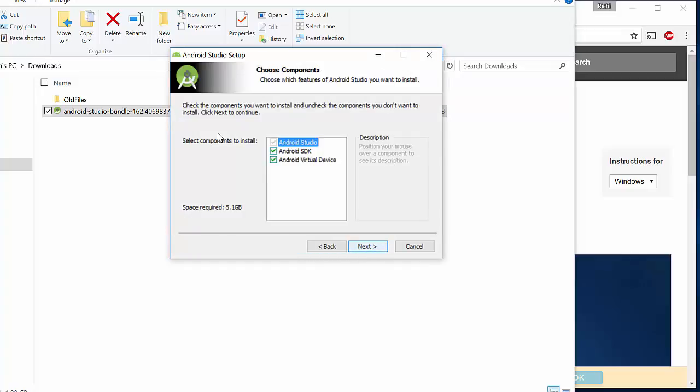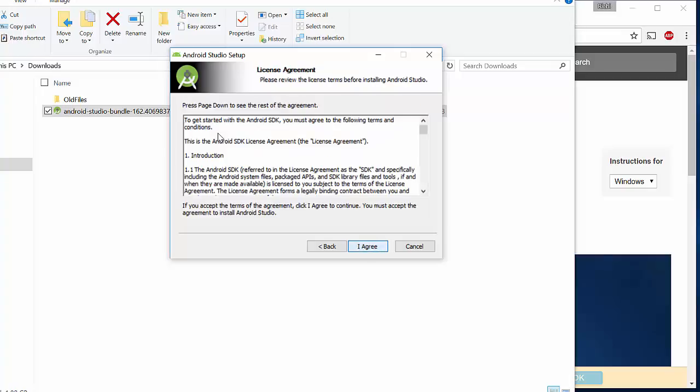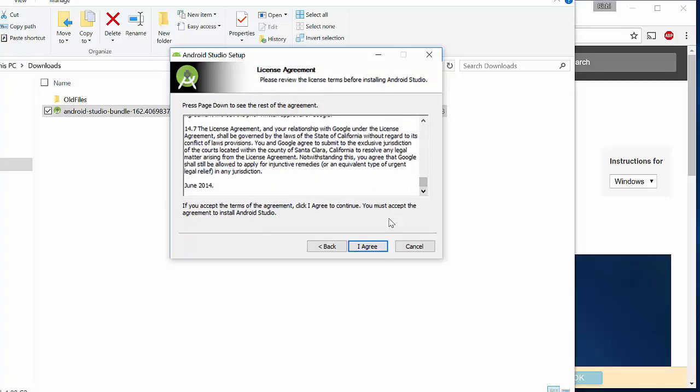And we want to let it download the Android SDK and the virtual device, which is going to be able to emulate Android applications. So let's click on next. Make sure that you agree to the terms and click on I agree,